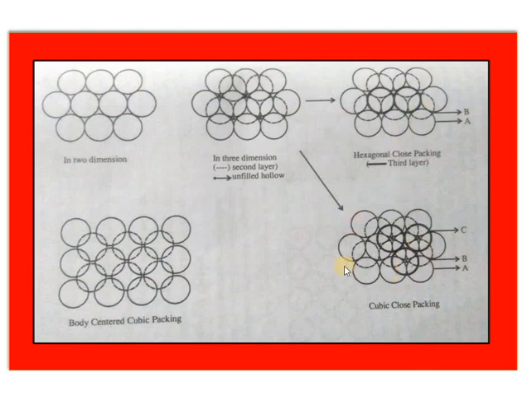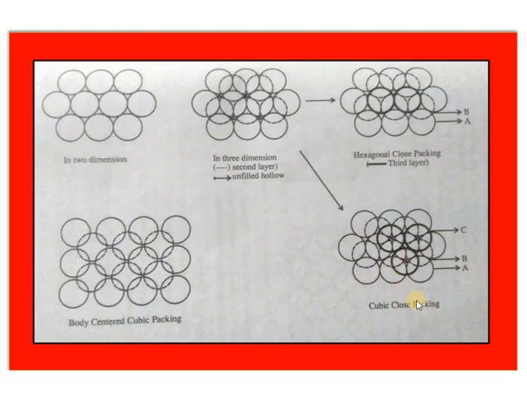Similarly, in the cubic close packing structure, the spheres can be arranged as A, B, C type. So this is the A type of layer, then the second layer, and the dark circle is the third layer above. So these 3 layers make the 3-dimensional structure for